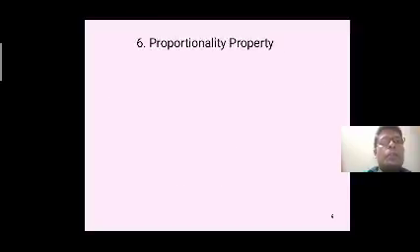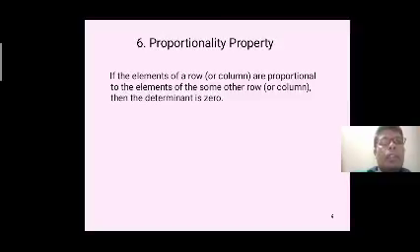Number 6 property, proportionality property. If the elements of a row or column are proportional to the elements of some other row or column, then the determinant is 0. You have to observe here.